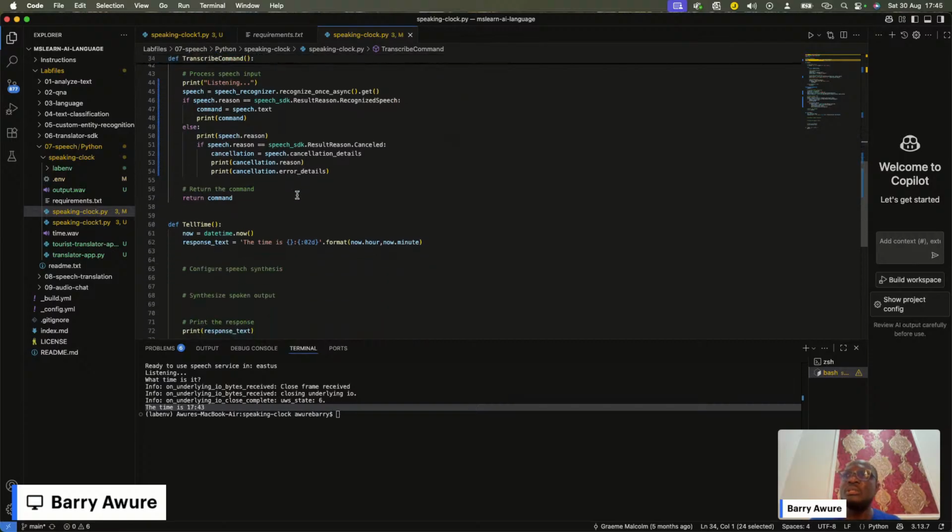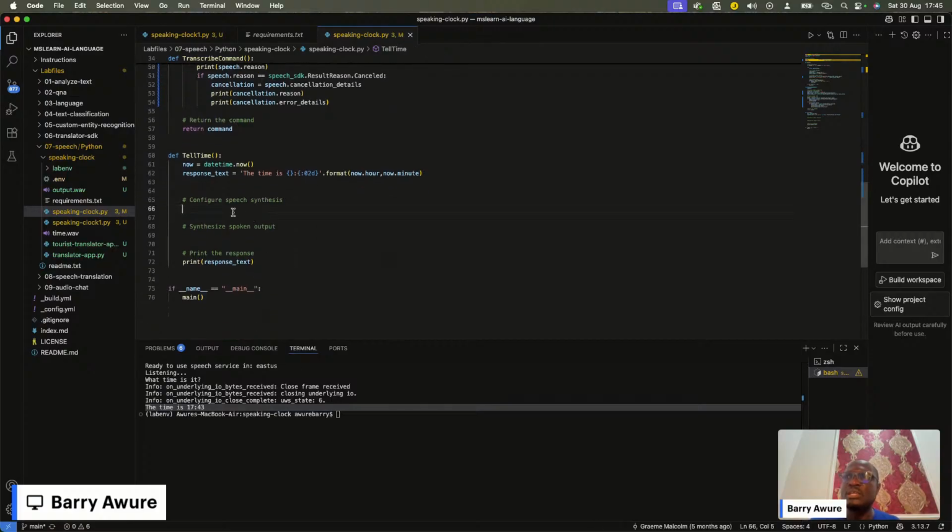So the time is coming, and it's connected, but this time around it's not speaking yet. So we need to get it to speak. And how do we get it to speak? By using these lines of code that we need to bring in here.